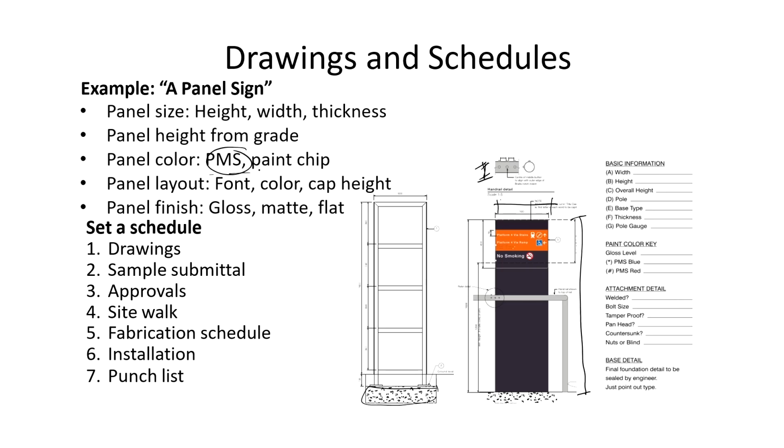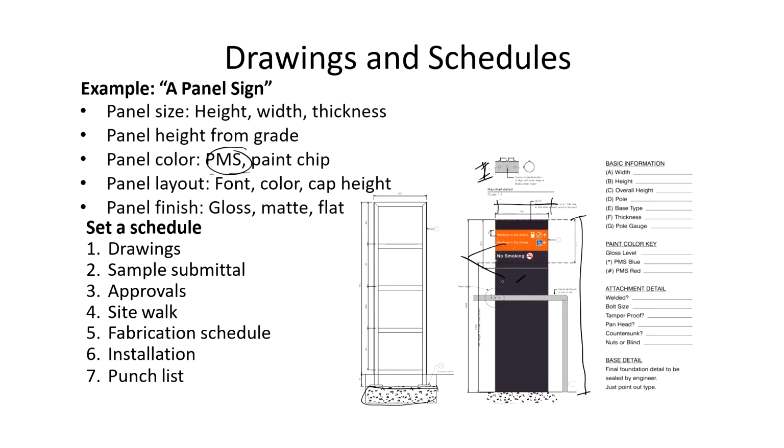PMS stands for Pantone matching system. So, if I am proposing colors in the Pantone, we need to mention what kind of color it is. Like here, there are two different colors we are using. Then we have to give the layouts, that is the front elevation, what font am I using, what is the color I am using, what is the cap height. The elevations and the sections actually help me to explain all these things. That is why we have to give maximum drawings